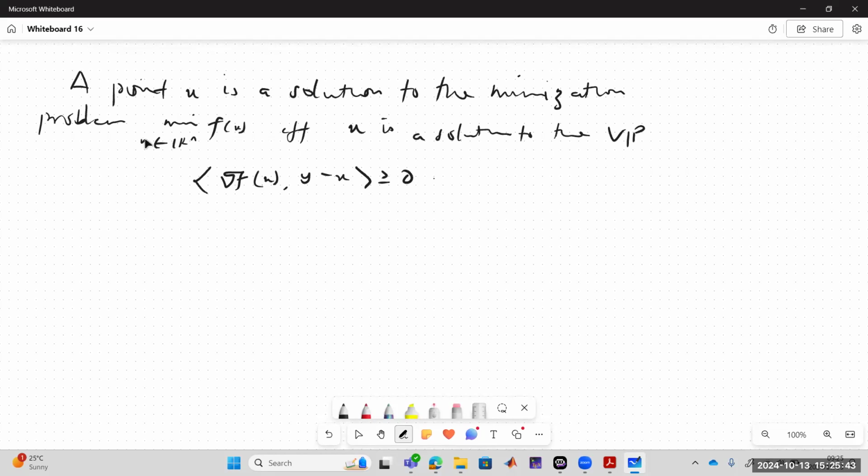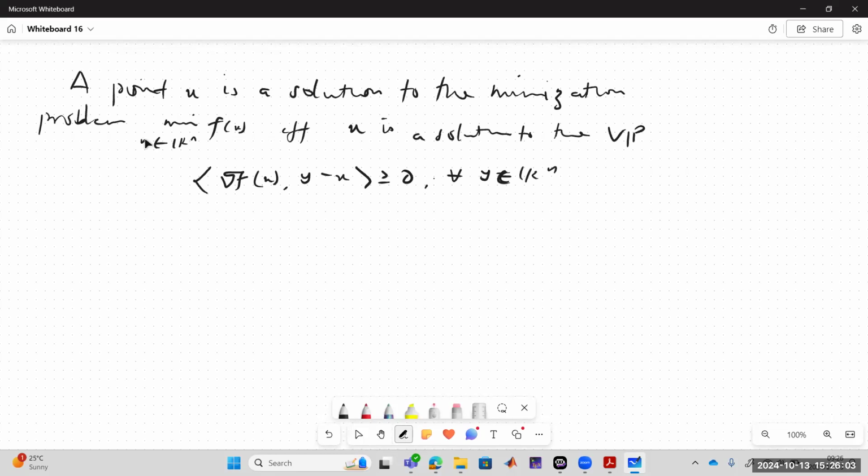for all y in Rn. Variational inequality? Yes. So, we establish the relationship between a variational inequality and the